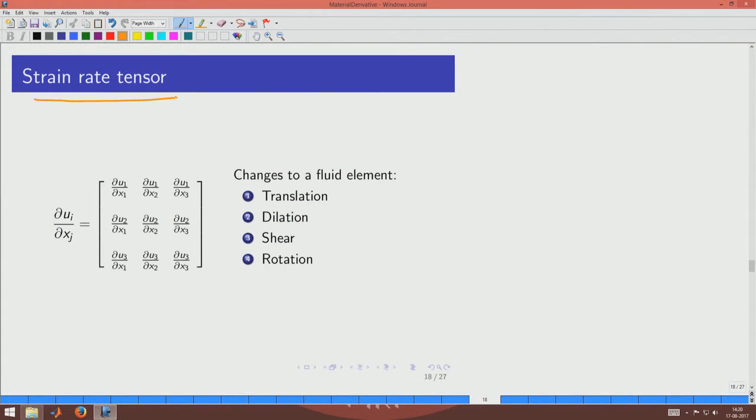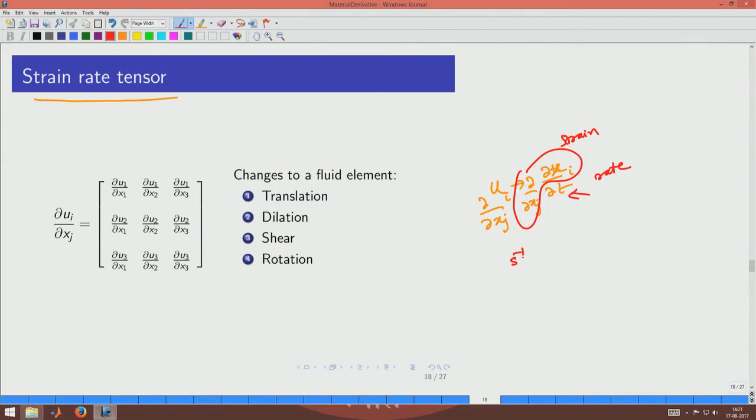The reason why it is called the strain rate tensor is because u_i is already this, and we are now talking about this. Which means that when you combine these, this is like strain, the change in length by length, and this is giving you the rate. So this is nothing but strain rate, and the units are just second inverse.